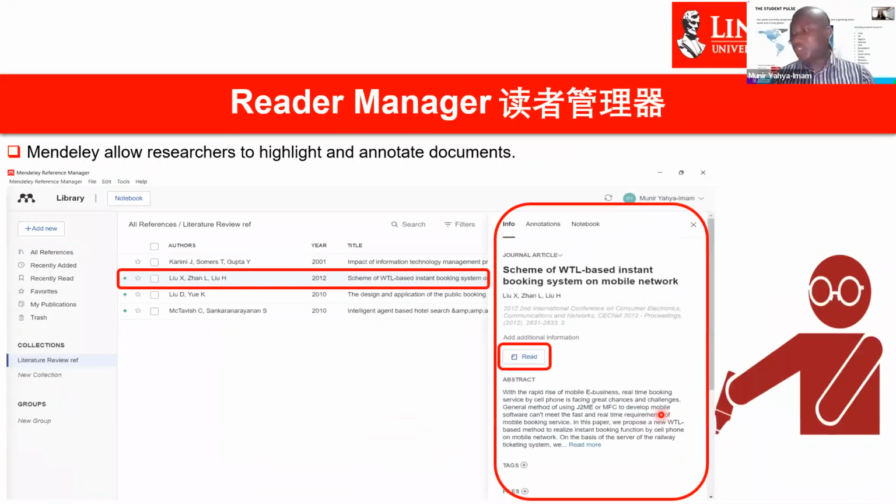Then there's another feature called reader manager, which I just showed you very briefly. I'm going to show you more about it. If you have the PDF attached to your reference, then you can read that paper on this Mendeley reference platform. This platform allows you to highlight and even annotate the documents. So you can highlight certain sections of the article, you can add notes to it, and you can even take a